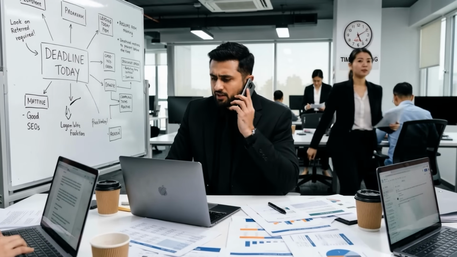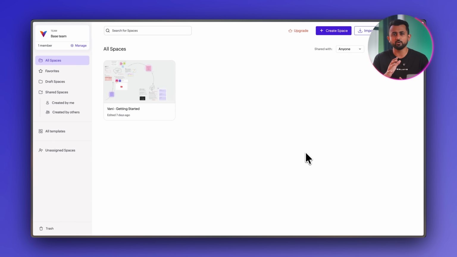It's Zoho's intelligent visual collaboration platform, one shared space where your team can think, build and get work done together. So today, let's take a look at Vani and see how it makes teamwork more connected and a lot easier to follow. Now the moment you log into Vani, the first thing you'll notice is how easy the homepage is